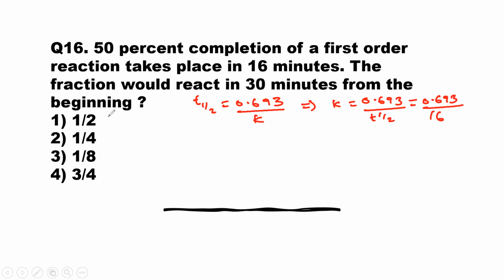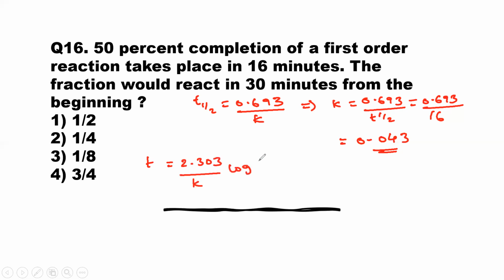So till here it is already 50%, sorry, 50% is over. So in this way, K is equal to how much? 0.693 by 16. 0.693 divided by 16 is equal to K. It is coming around 0.043 approximately. Now, by substituting this K value, T half is equal to 2.303 by K